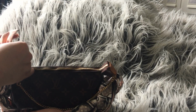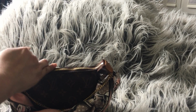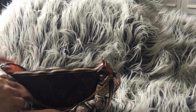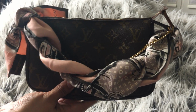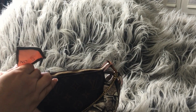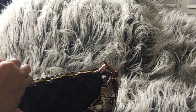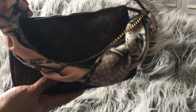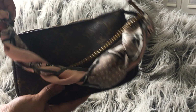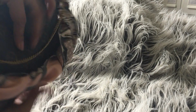And then I will just tie that. And I love how that looks. Now I don't really like a bow feature, so I'll just knot it again, just so it blends more, and then I'll just tuck this stuff in. And I love how this looks. It is a beautiful clutch,